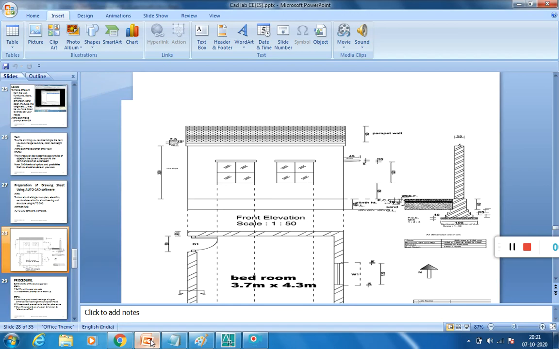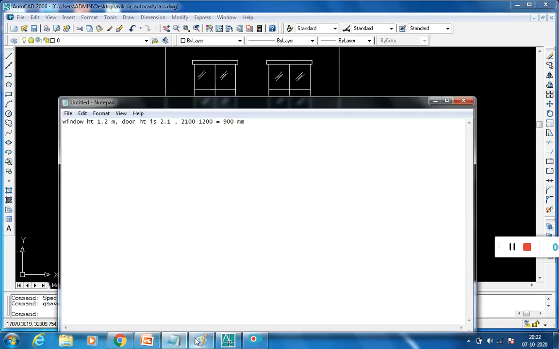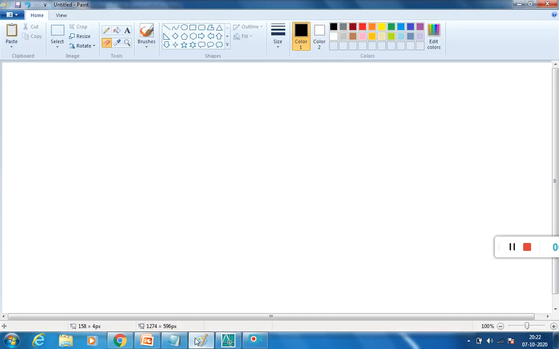Now I am going to draw the chajja portion. Generally this is a cantilever beam, and in the chajja portion, you know that one end is free and another end is fixed. Generally tapered sections are used. This is not a uniform section, this is a taper section.